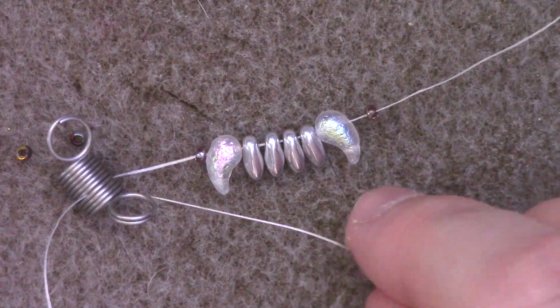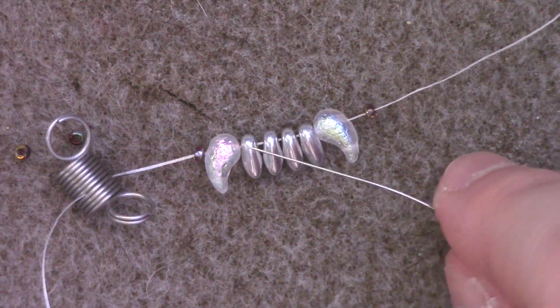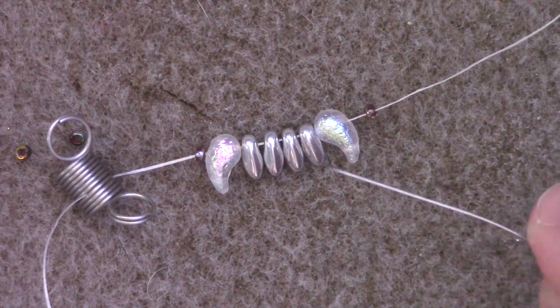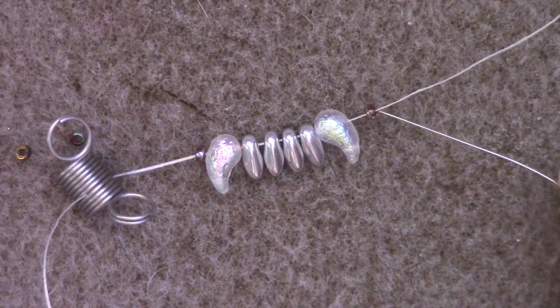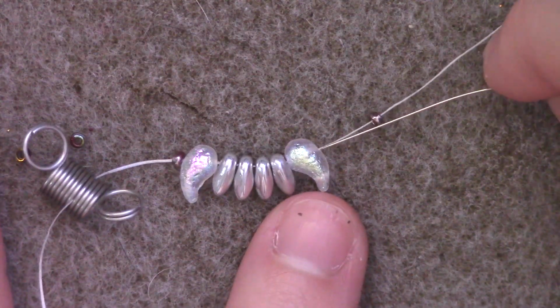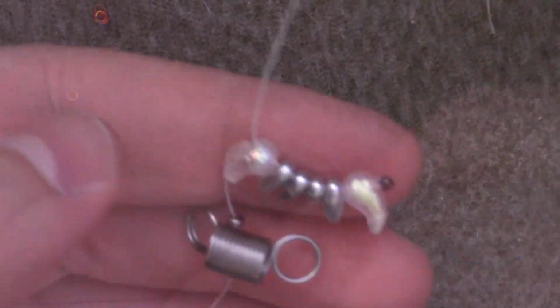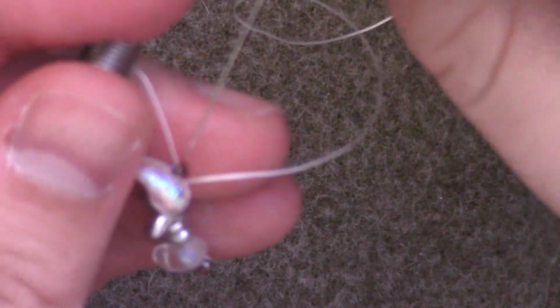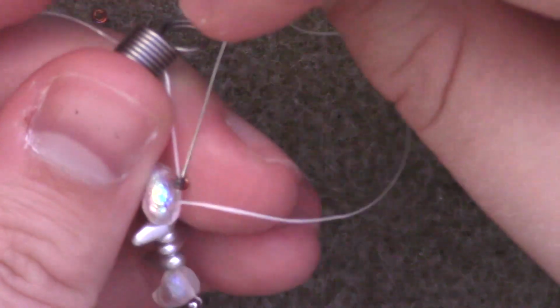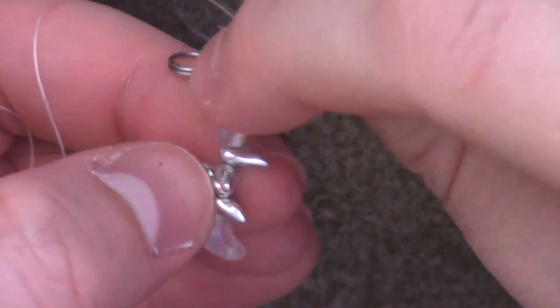So, once again, I've got my stop bead on one side. All I've done on this one is added a size 11, 1 Zoliduo, 4 mini daggers, 1 Zoliduo, or whatever you're using there, and a size 11. Then I just skip over the size 11 seed bead, then pass back through all of the beads once more, to anchor that size 11 seed bead on that side. Then I pass back through the size 11 on this side, and then travel through all of those beads once more,